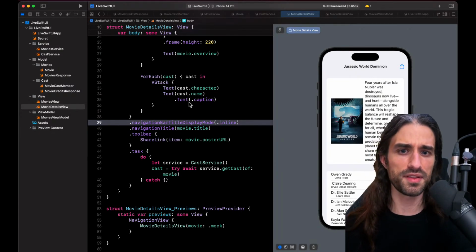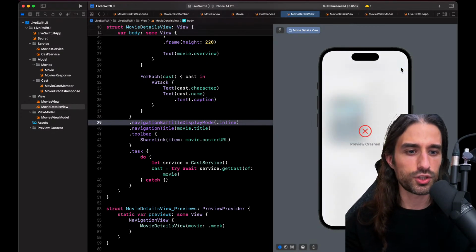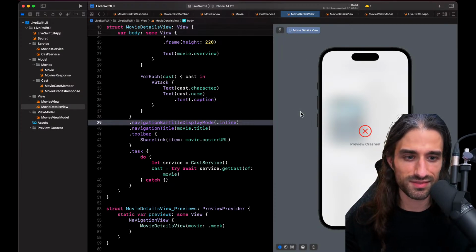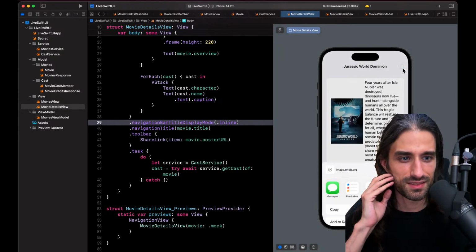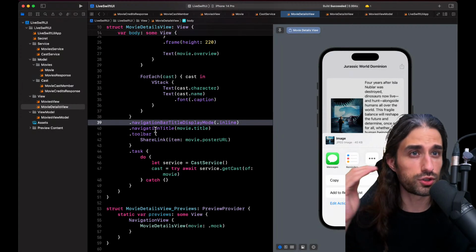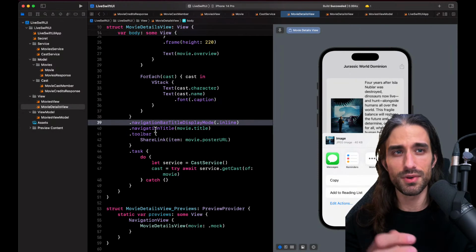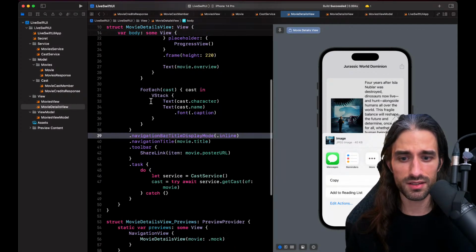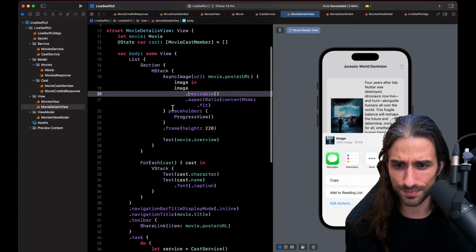Okay, so the last thing I've implemented in this project, the finished version that you will have on GitHub, is a share sheet. The preview crashed. Let's retry it. Yes, there was a share sheet that I had implemented to show you how to show a modal view, because we've done navigation by pushing, but not by presenting modally. And so the way it's done in that case is to actually, let me find the code.